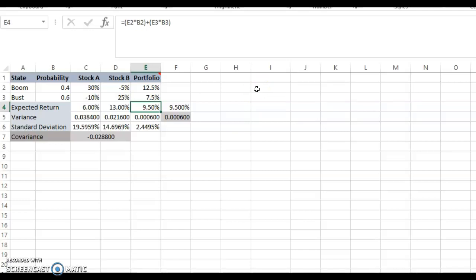Then what is the standard deviation? Standard deviation, you take 12.5% minus 9.5%. You square that. You multiply with 0.4. Then plus 7.5% minus 9.5%. You square that. Then you multiply with 0.6. So this is your variance, it is 0.000600. It's very small. If you take the square root of this, then you get the standard deviation. So that's how you compute this. But before we end, note